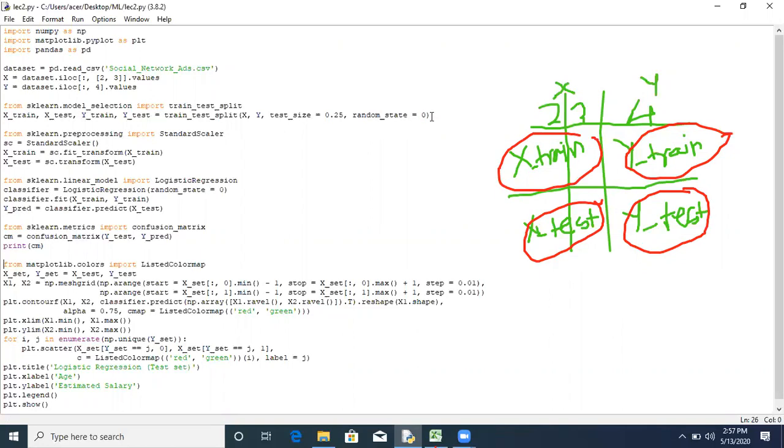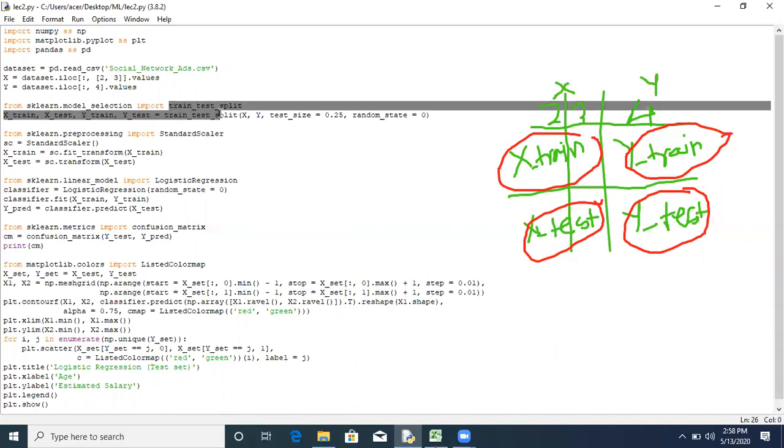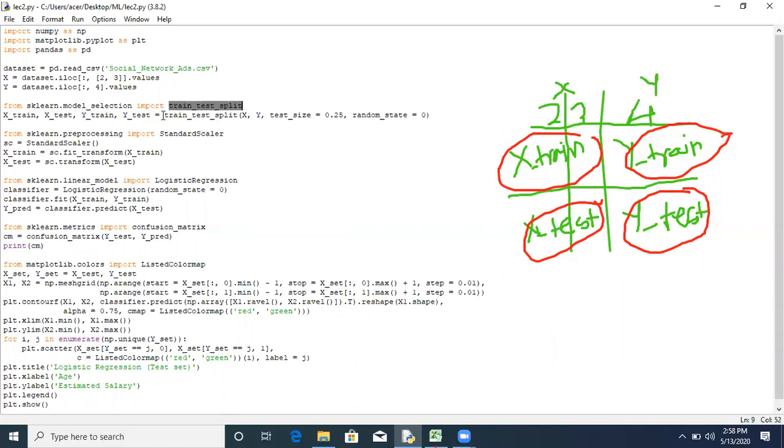Then, as discussed in the previous case, random state we are keeping as 0. In the previous lecture, we have already discussed this. You can watch our previous lecture about the regression part. The random state is used to generate the random numbers which are required for the backend process. So we are assigning some value to that random state. The same train underscore test underscore split function we have to use here.